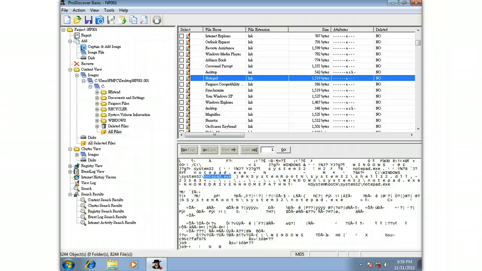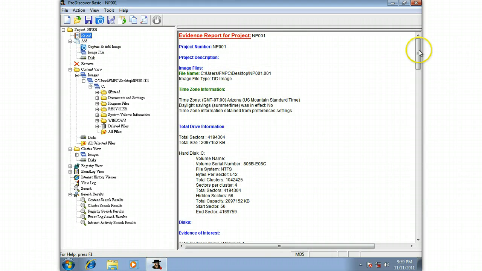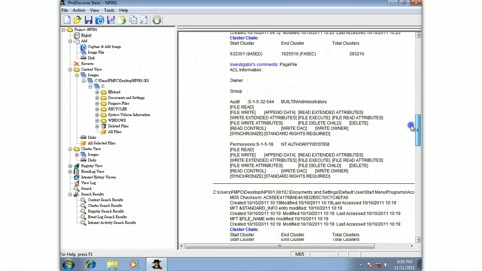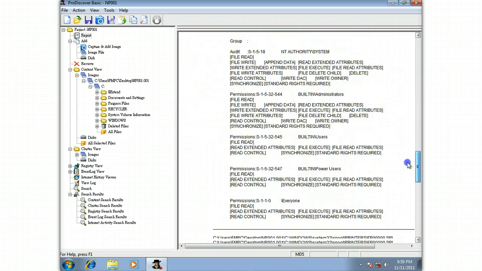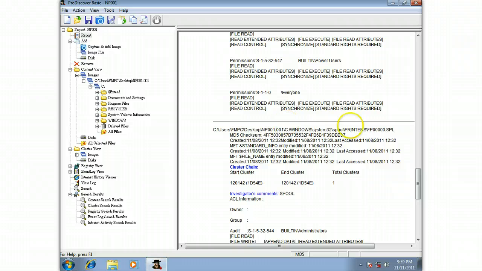Okay, the next thing I want to talk to you guys about is the spool file. The spool file basically has to do with printing. So let me go back and we'll take a look at it. Again, I'm doing this just to show you guys how to use the reporting feature, which is a great feature in ProDiscover Basic. Your actual spool files are going to be found under the C Windows System32 spool printers directories. So if we go in there,